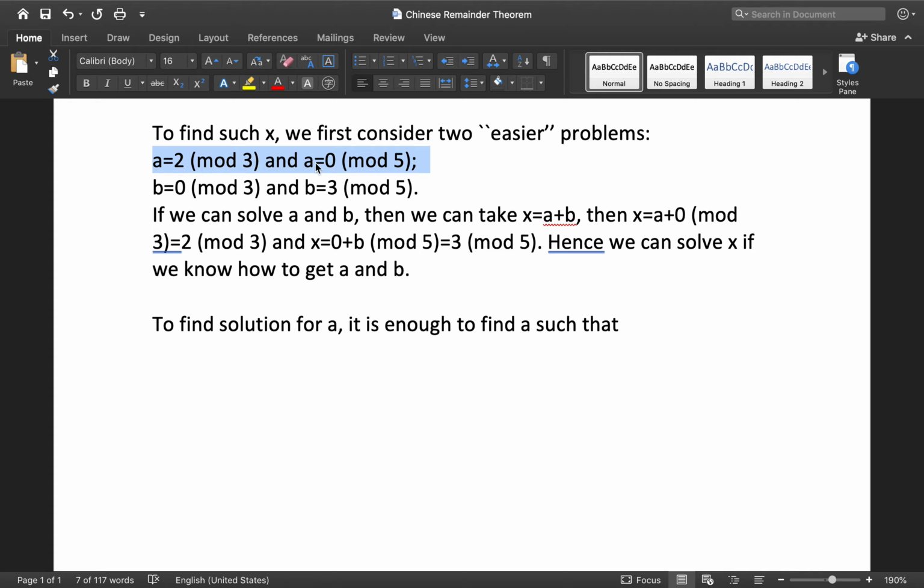If you ask me which one is easier, of course, the other one is much easier, in the sense that you require a to be congruent to 0. So that means a has to be a multiple of 5. No other possibility, right? So that means we have to find a such that a equals 5k